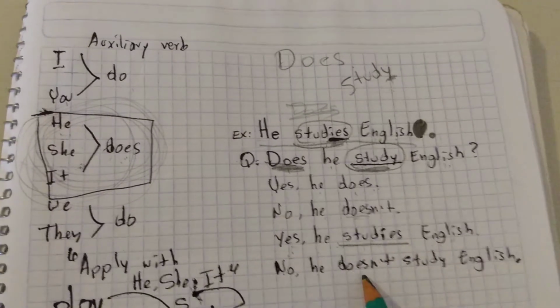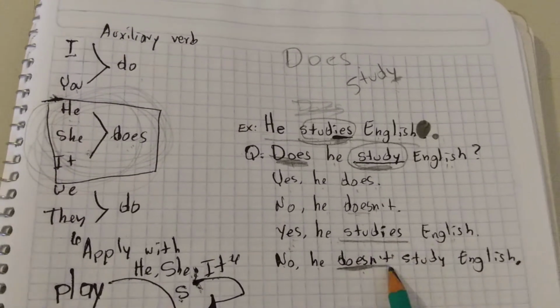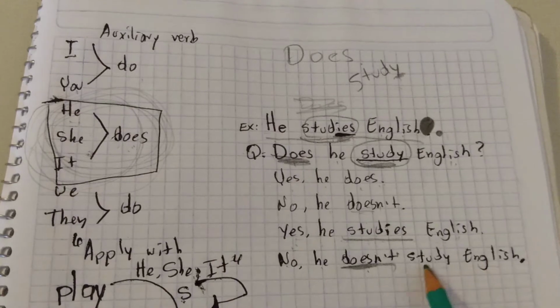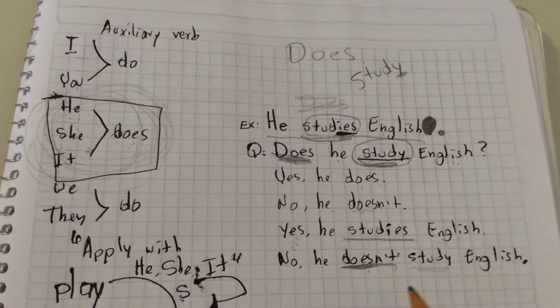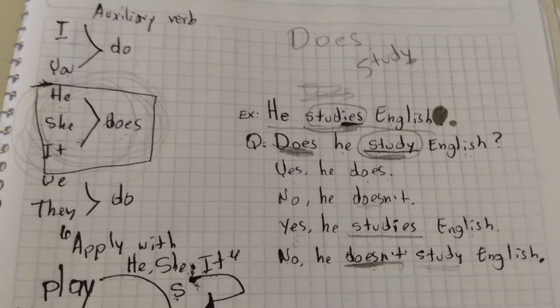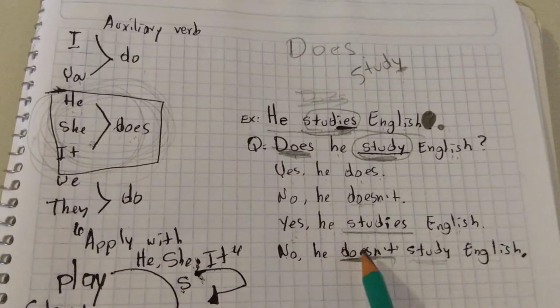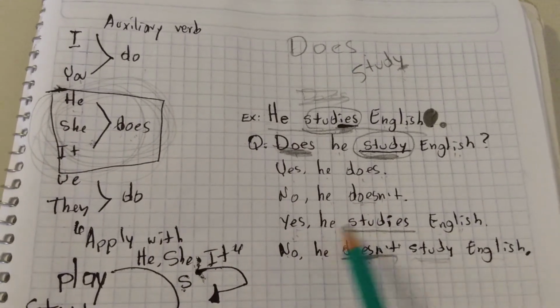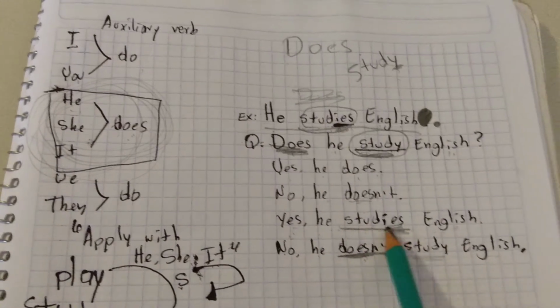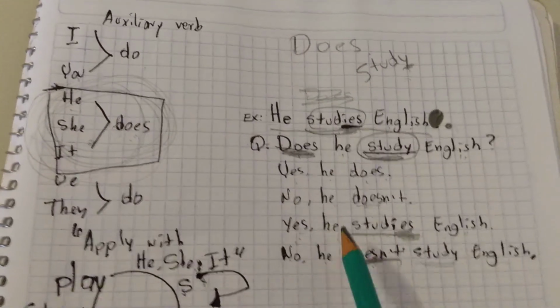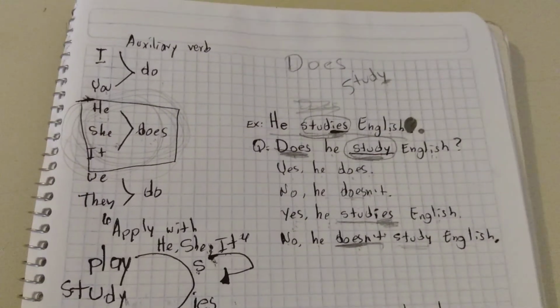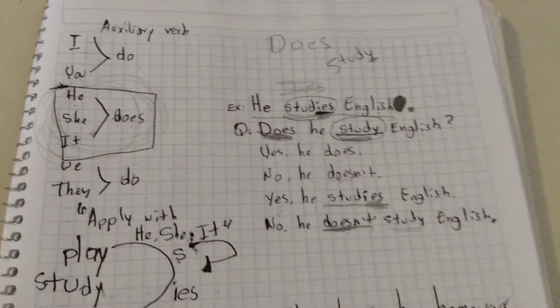Or no, he doesn't study English. See, here we didn't conjugate study. Why? Because we have does present. Same thing happens here. And this answer is conjugated. The verb is conjugated because we do not have does present. Got it? All right. Now, if you pay close attention,